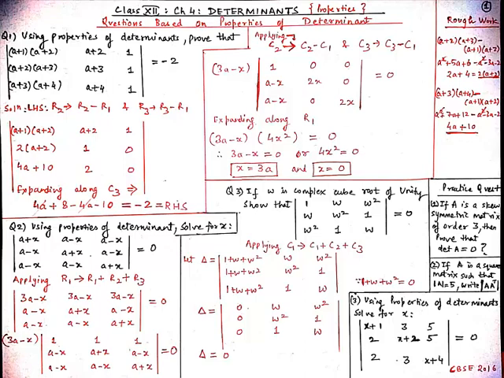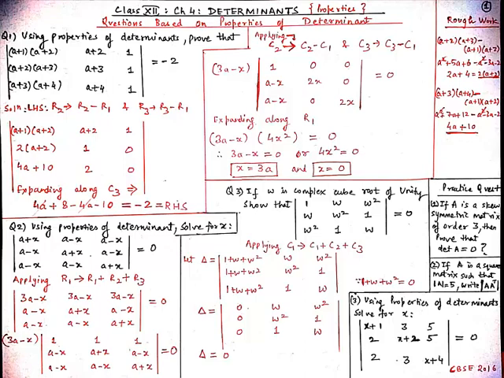Here we will take the element a31, which is (a+3)(a+4), and then minus the first element of row 1, which is (a+1)(a+2). From here we get a squared, and then plus 3a and plus 4a, so we get plus 7a, and then 4 threes are 12, and then minus a squared, and then minus 2a minus a, so minus 3a, and then minus 1 into 2, so minus 2. Here a squared and minus a squared cancel out and we get 4a plus 10. So our a31 element is 4a plus 10.